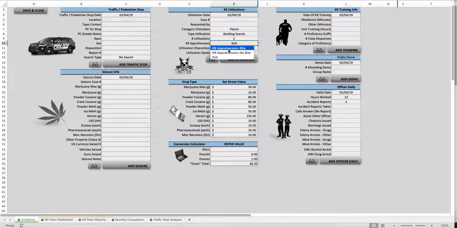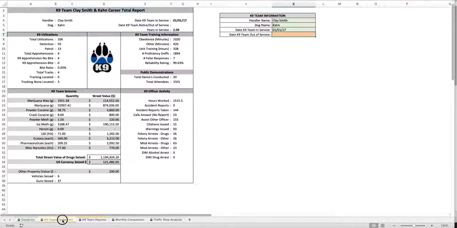It would be an apprehension with no bite. If we did get an apprehension with a bite, we put apprehension bite. And when we add that to our utilization, these numbers will start calculating what percentage of your patrol utilizations are bite versus a no bite,